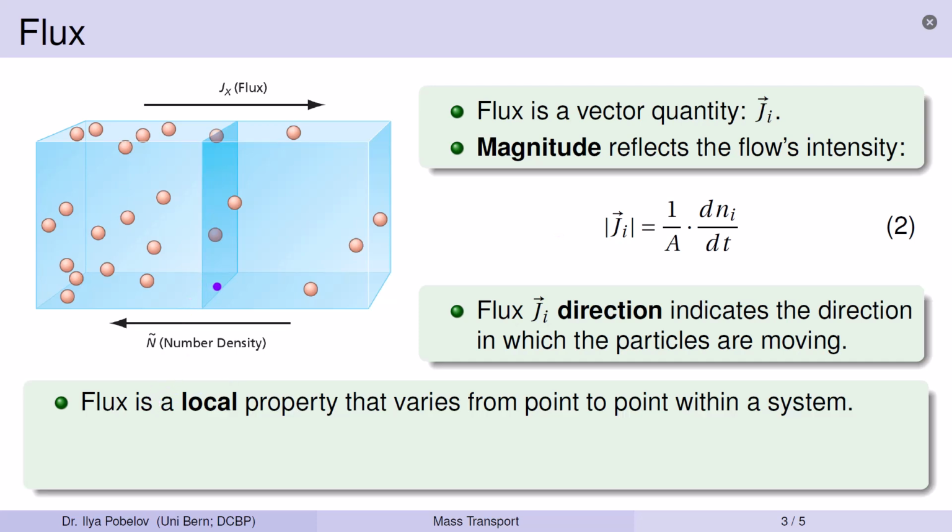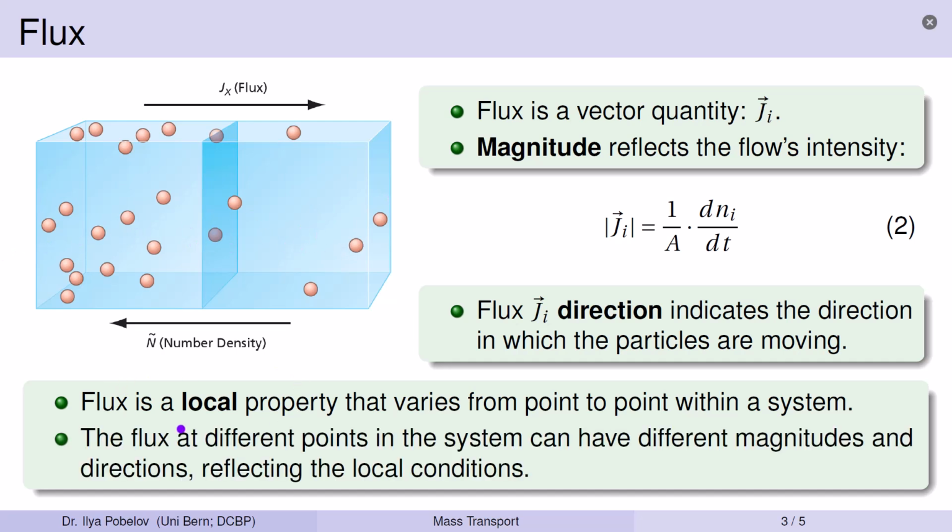Flux is a local property that varies from point to point within a system. This is particularly important in systems where the properties of the medium, like gas density or temperature, or external forces like electromagnetic fields, vary across the system. In such cases, the flux at different points in the system can have different magnitudes and directions, reflecting the local